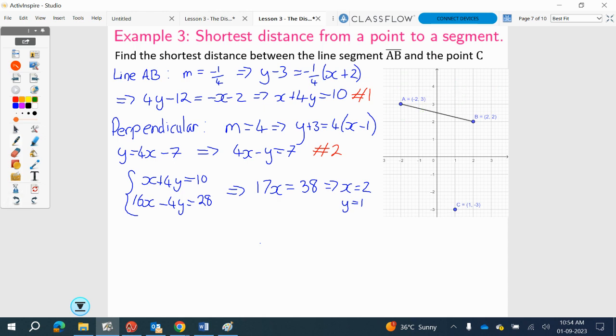Then I don't need this equation here, but I'm going to need it later. I know that later I have to find the point of intersection. So in order to find the point of intersection of these two, I'm